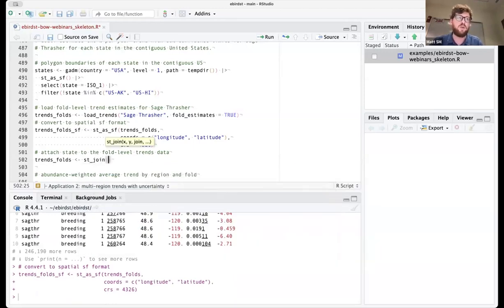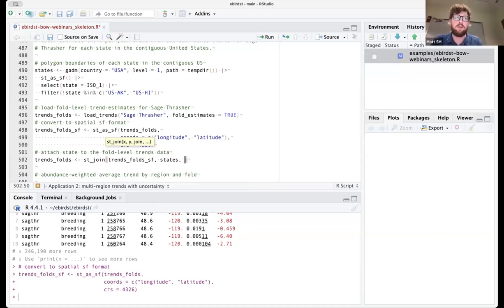So it's a spatial join. So I want to take the fold level trends in spatial format and join them to the states. By default, it will keep any points that are not in any state, but I don't want that.